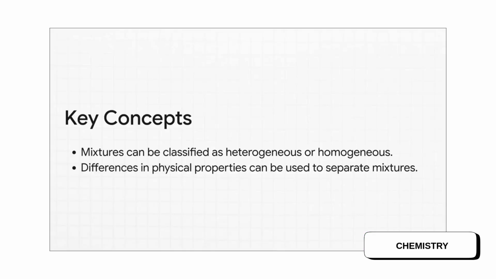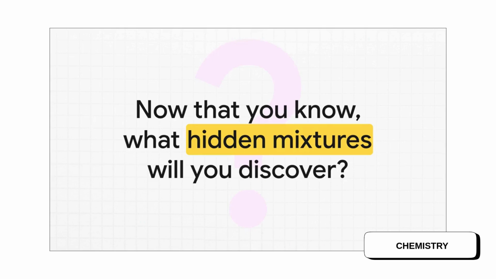Okay, so if you walk away with just two big ideas today, let them be these. First, every single mixture is either heterogeneous, unevenly mixed like a salad, or homogeneous, perfectly uniform like salt water. And second, we can get really clever and separate these mixtures just by finding a physical property that they don't share. So next time you pour a drink or sweeten your tea or even just take a breath of air,